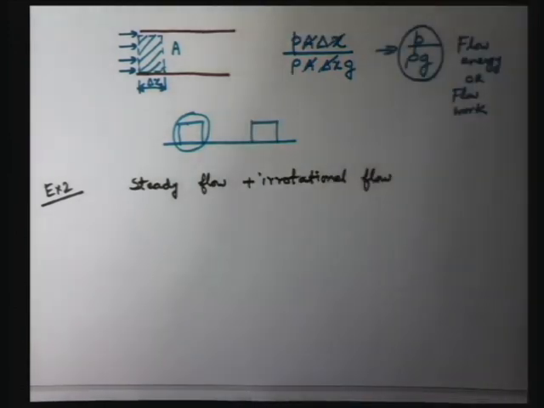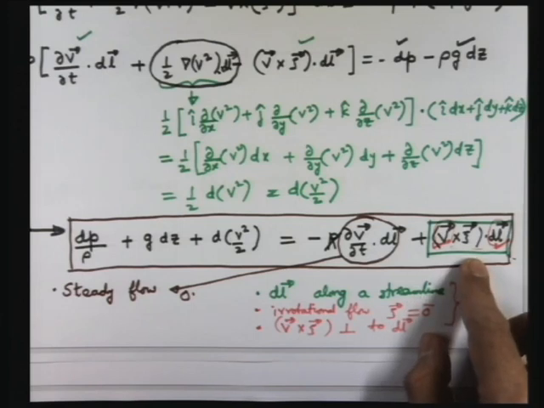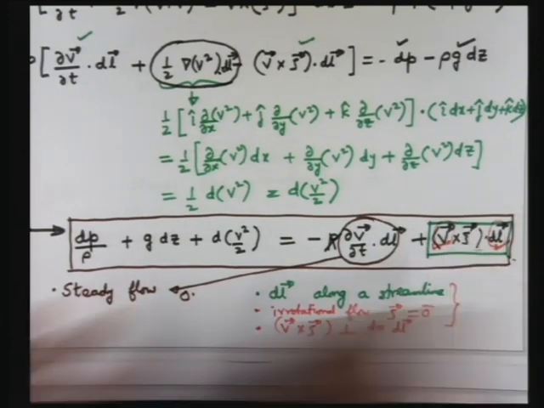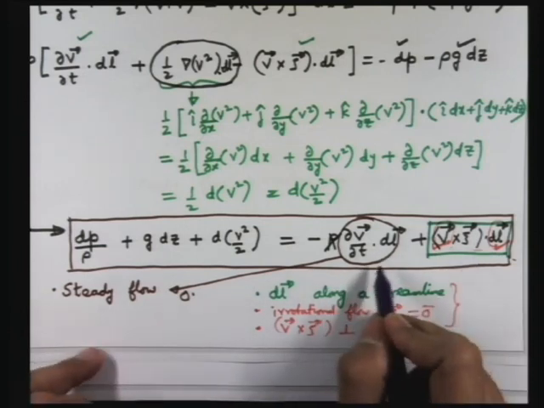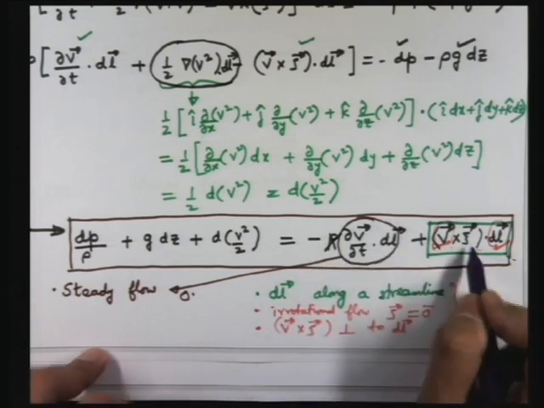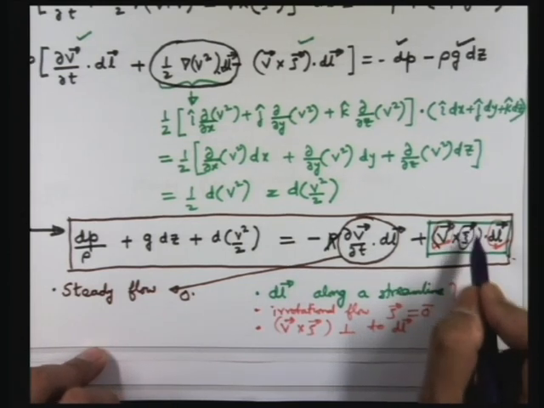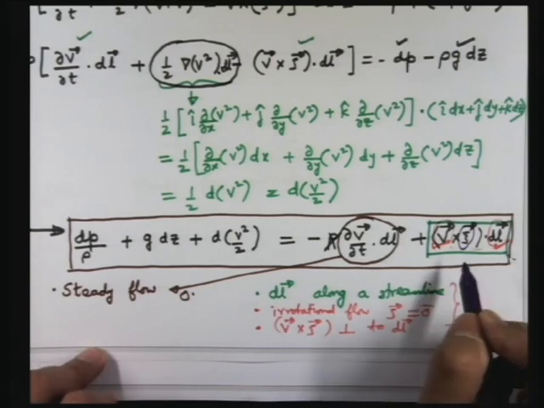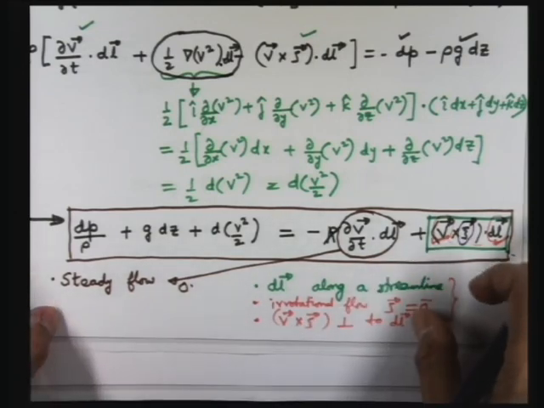So steady flow plus irrotational flow, let us bring back the general equation which is given in this box here. For steady flow, this brown colored circle expression will be 0. For irrotational flow, because the vorticity is a null vector, the term in the green box will be 0. So the equation that we will get back is the same Euler's equation, but